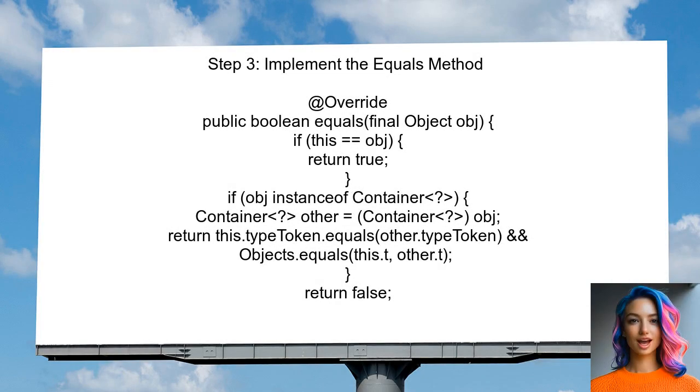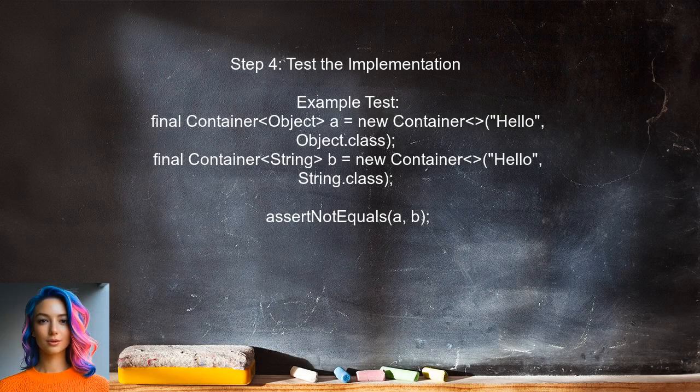Now, the user can implement the equals method. This method should first check if the other object is an instance of container and then compare the type tokens. Finally, the user should test the implementation to ensure that instances of container with different type parameters are not considered